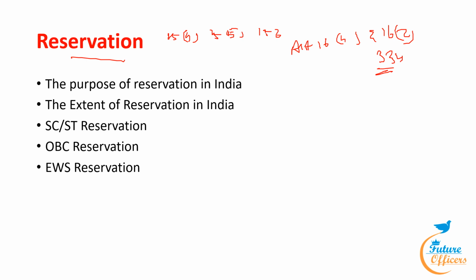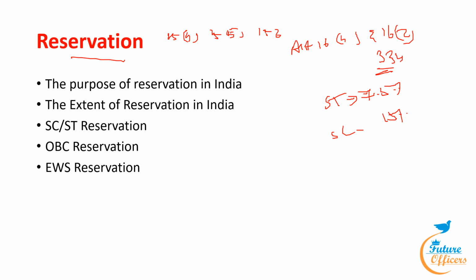The sole goal of granting reservation in service to members of scheduled castes and scheduled tribes is not just to employ members of these communities. Its main goals are to guarantee their involvement in state decision making and to empower them. The state is eager to abolish customs like untouchability. Scheduled tribes are granted 7.5% of quota in jobs and higher education institutions. Scheduled castes get nearly 15% of quota in both.